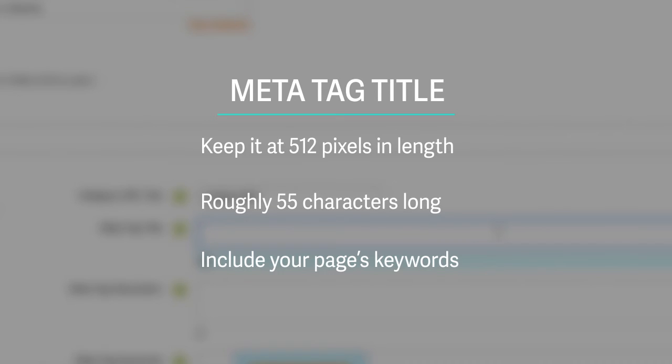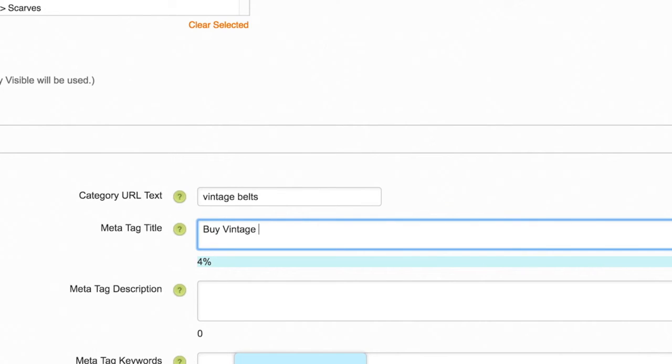You're gonna populate that title tag with the keywords you've chosen for the page. For this one, I'm gonna do buy vintage belts online, and then maybe we sell leather belts, so let's say affordable leather belts.